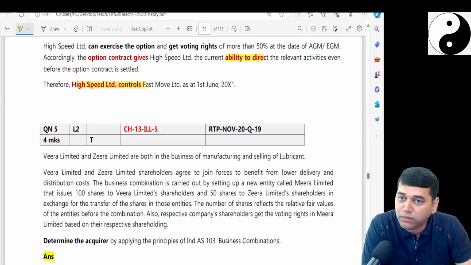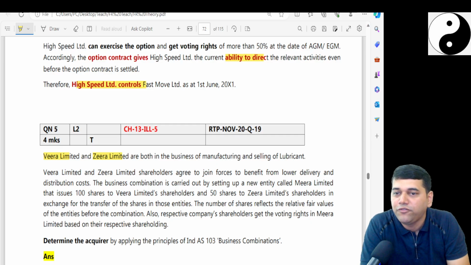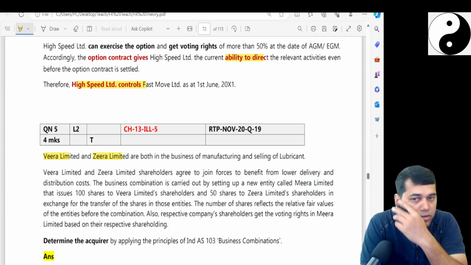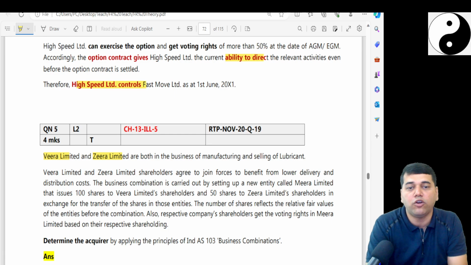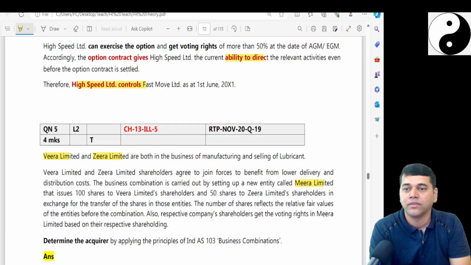Okay, so next, one more examination question. Veera Limited and Zira Limited are both in the business of manufacturing and selling lubricants. Veera and Zira agreed to join forces to benefit from lower delivery and distribution costs. That means they want to merge. The business combination is carried out by setting up a new entity called Mira Limited, like the example I gave sometime, you, me and Us Limited, that issues 100 shares to Veera and 50 shares to Zira